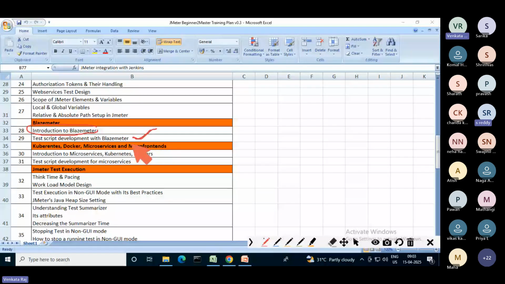Then I'm also going to introduce you to the world of microservices, Kubernetes, and Docker. I'll explain how to do the test script development for microservices as well. I think there was a question on this. So I'll explain how to develop the test scripts for microservices. Next, we'll go to the